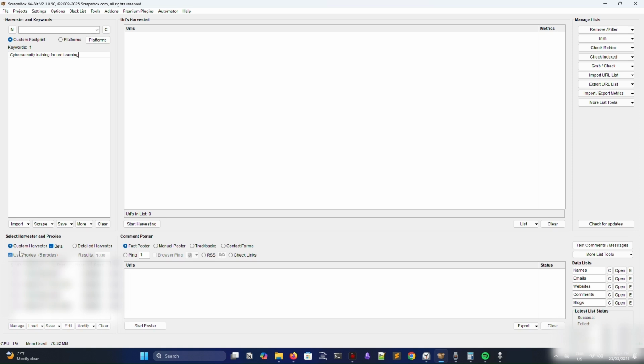For this demonstration today, I'm going to show you how to import keywords, use those keywords to scrape URLs, and then use those URLs to scrape emails. The first thing you want to do here is fill in this keywords section with the keywords that you want to harvest results for. I'm not going to go through how to generate those, that'll be a topic of another video, but for now I have this cybersecurity training for red teaming keywords here,